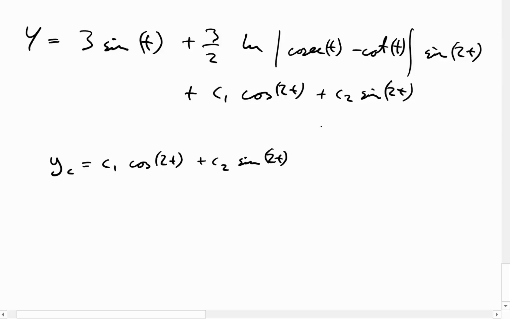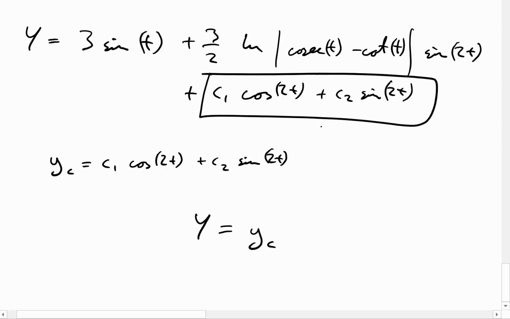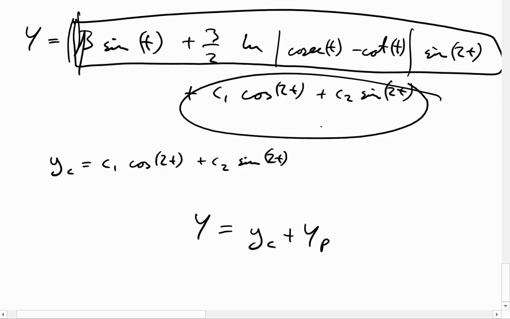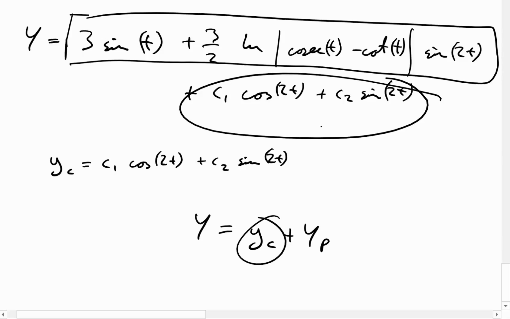Well, if you go back to our method of undetermined coefficients, what we said was that the solution to our non-homogeneous equation should be the complementary solution. Well, that's that bit there, plus something a little bit extra added on. That was kind of the particular solution method. Here we haven't really found a particular solution as such. But that's the bit which is added on, certainly. That bit in there is the bit which is added on. So here's our complementary solution, okay? And here is our bit which is added on, okay? And that's the particular solution there. So that kind of follows through the